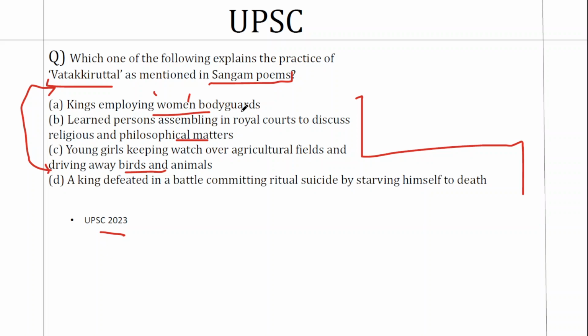Now you know that Sangam poems are about love on one side and valor on the other side. Here is an option you can connect with the idea of valor, because a king defeated in battle committing suicide is something that we often see in movies, something that can be traced even to modern times. In battles, kings used to do this because it's a matter of honor. Now this option has higher weightage when you consider it like that. Without knowing the clear fact, it's always a risk to take such chances, but I'm just giving you the kind of logic through which you can approach questions like this.